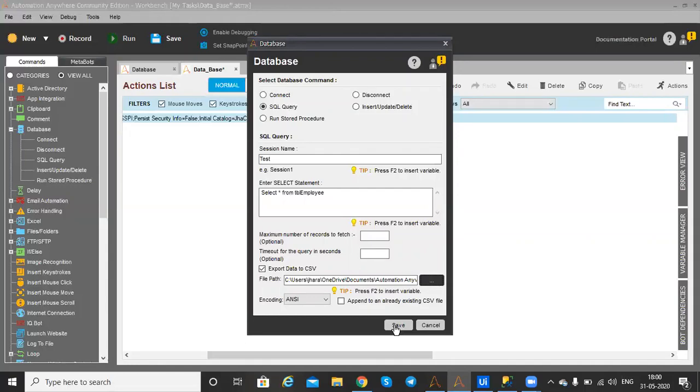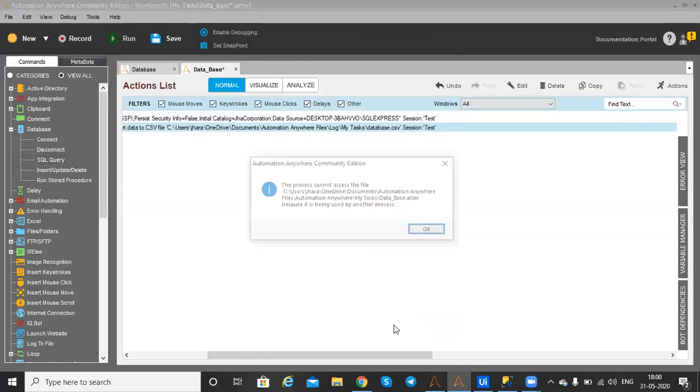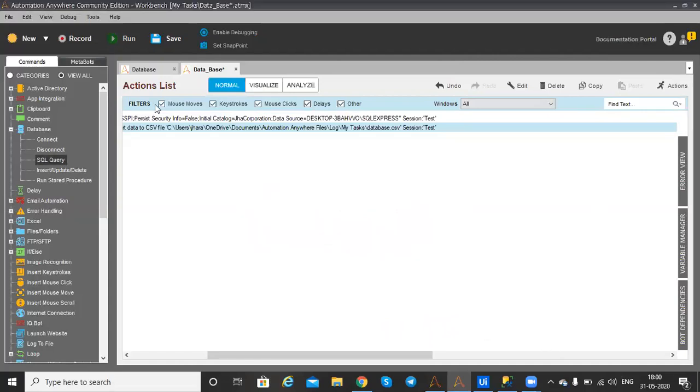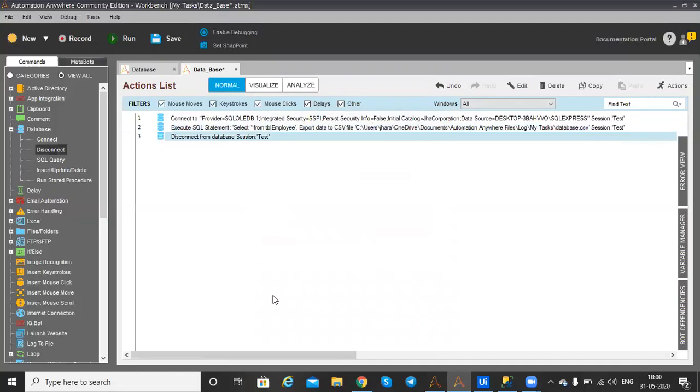Simply save it. After that we close, use the activity called disconnect, save it, and run the program.